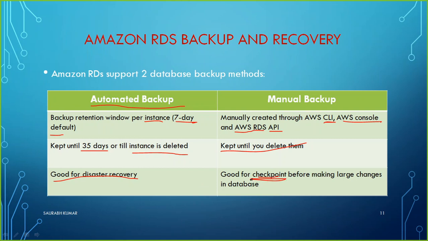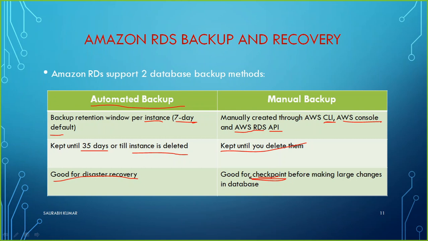For example, today in the evening maybe I'm planning to make some change in my database, but I fear what if something goes wrong, what if the change I am planning to apply is not good, maybe it will give me some error. So before I make the change, I can take a snapshot, I can take a checkpoint. Right now I first take a checkpoint and then I start making changes in my database. If everything goes well, then fine, good enough, we are happy to continue. If something goes wrong, if something happens which I was not expecting, then I have an option, that is the checkpoint.